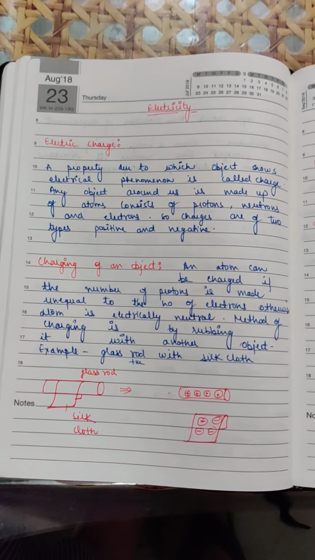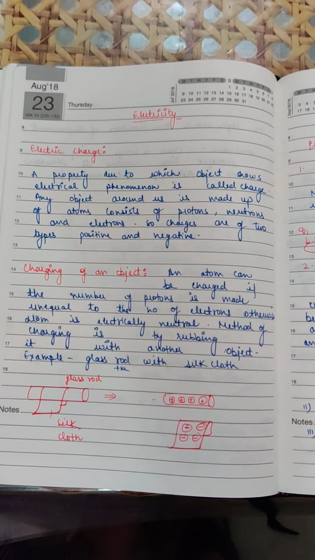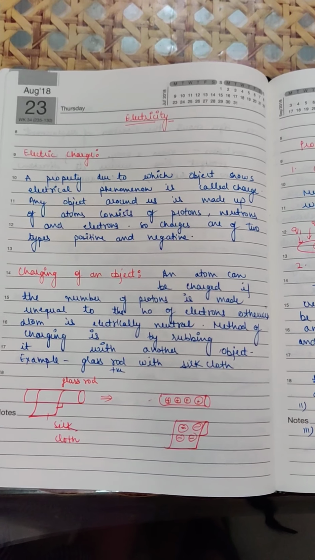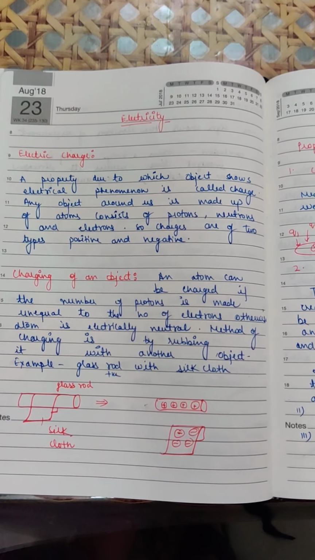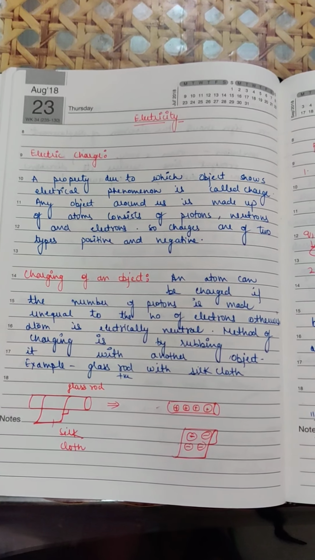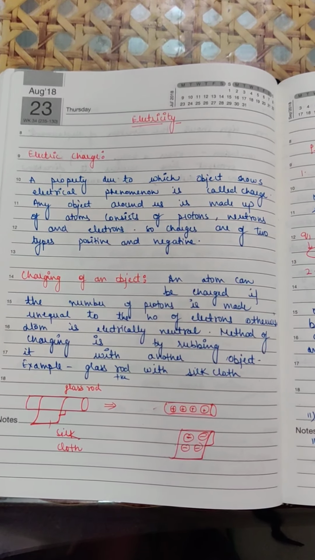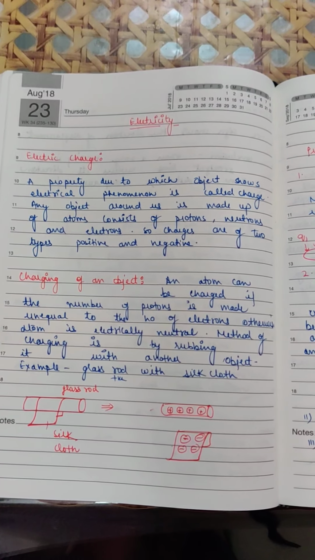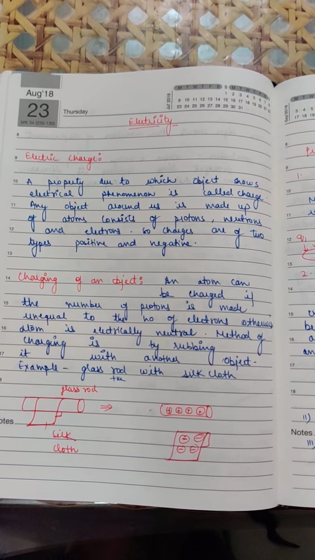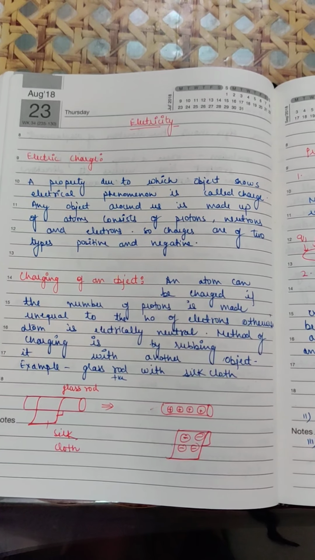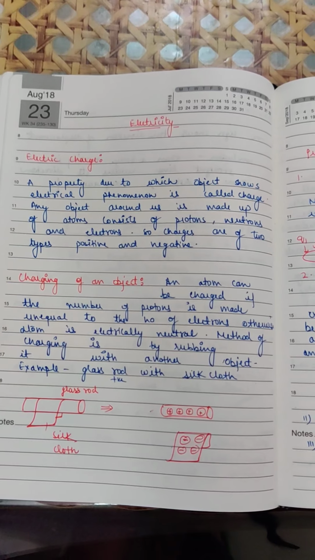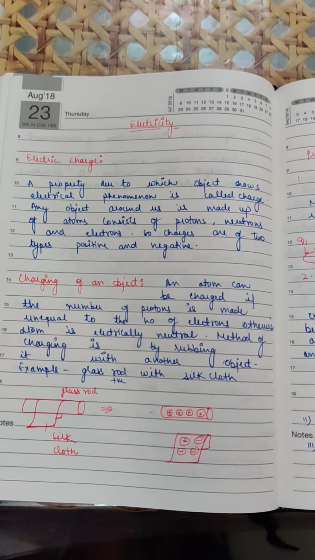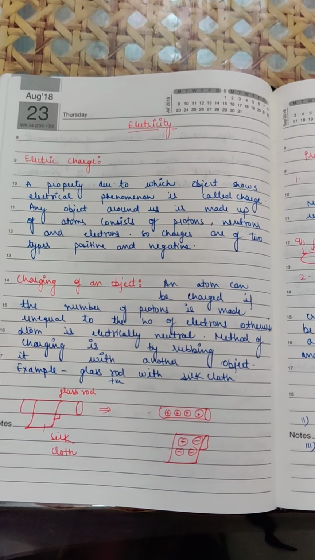Today we will start with the new chapter, that is electricity. We all are aware of the term electricity. Science has made wonderful discoveries, out of which the one discovery which has transformed our daily life is known as the discovery of electric current, or we can say electricity. This electric current is used in electric bulbs, in the picture tube of televisions, in the cell of the torch, and in many other things.